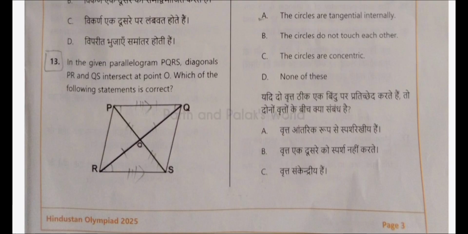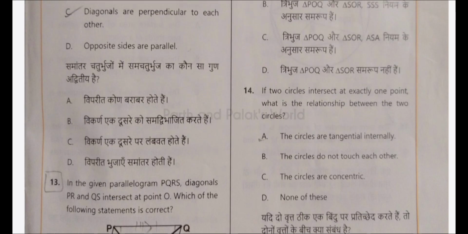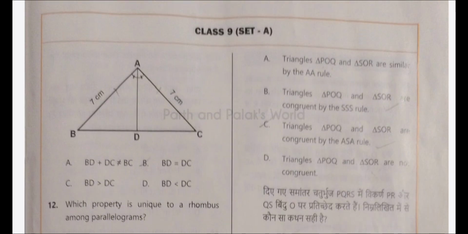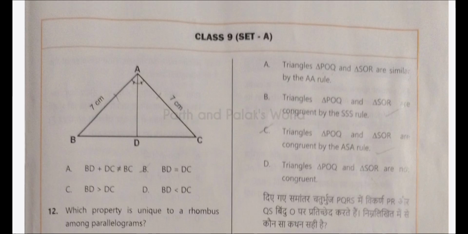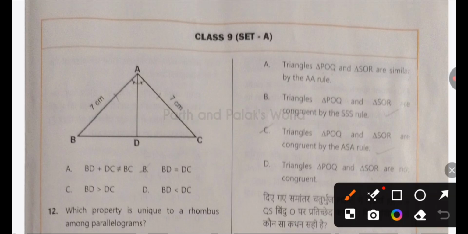Moving on to question number 13. In this question, the correct answer would be option number C, and the correct answer is also option number B. It is a bit confusing question, so I would not announce the final answer of this question. For according to me, option B and option C both are correct. The answer that I marked in the exam was option number C.